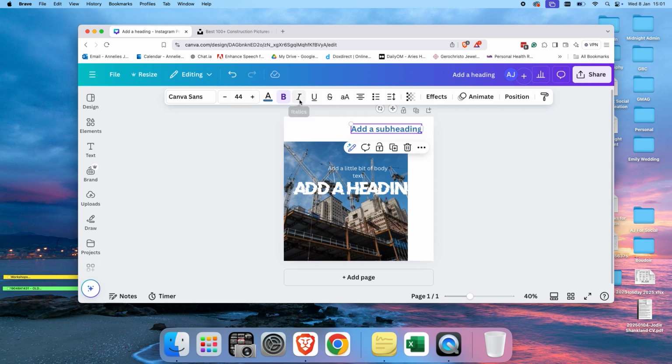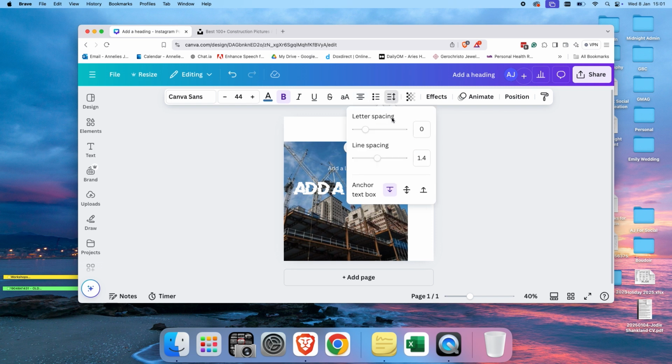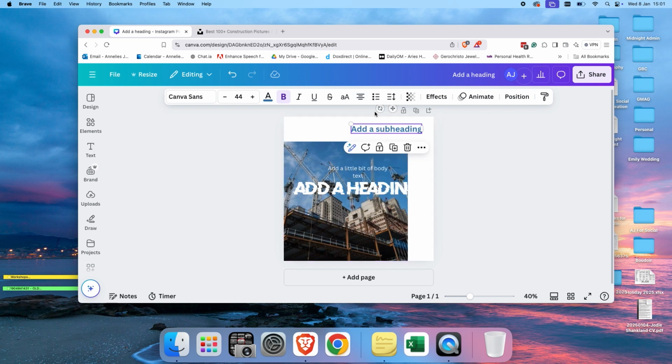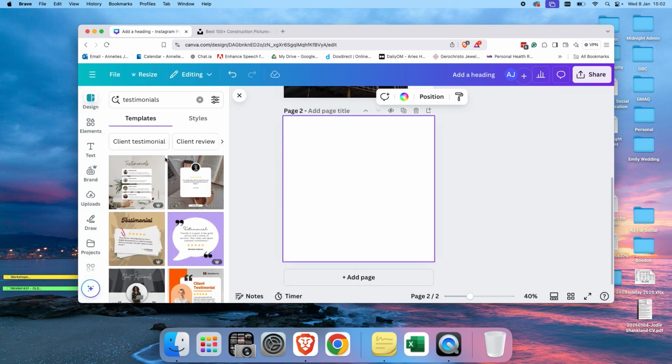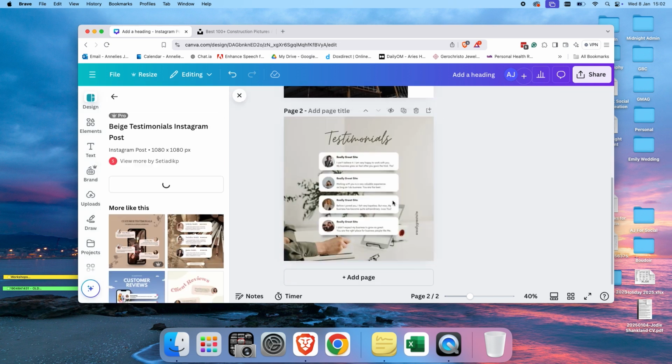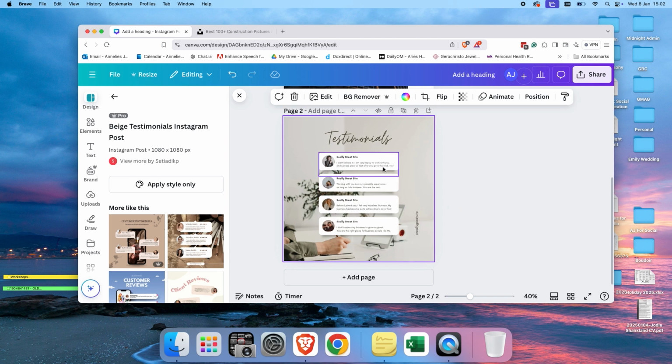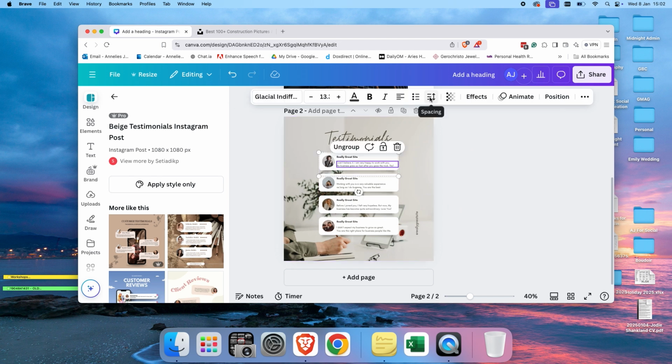What else are we going to show you on here? Obviously italics, bold, underline, caps, no caps, how you align it, so central, left, right. If you want to add bullet points. This is quite a useful thing to keep an eye on, the letter spacing. So what I'm going to do actually is quickly add a new, slightly more interesting template. The reason I'm going to do that is because I want to show you this. So the spacing,